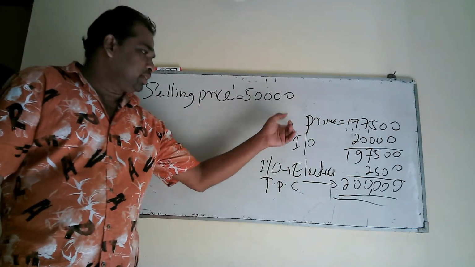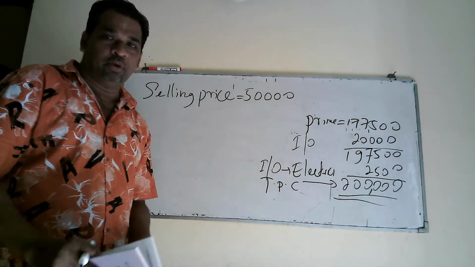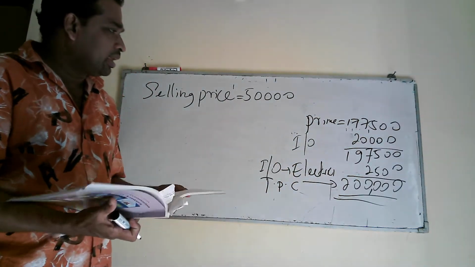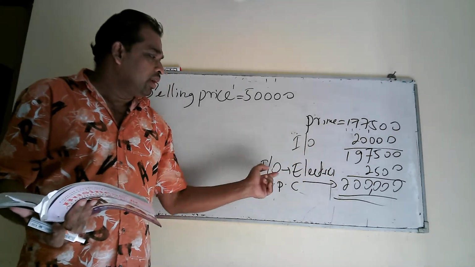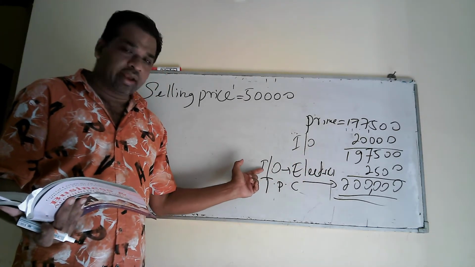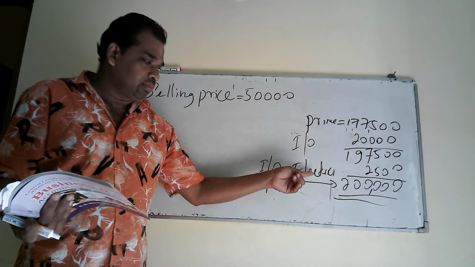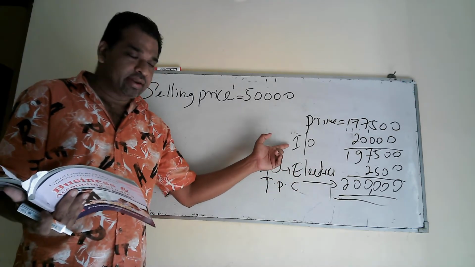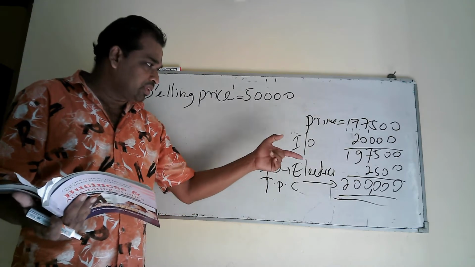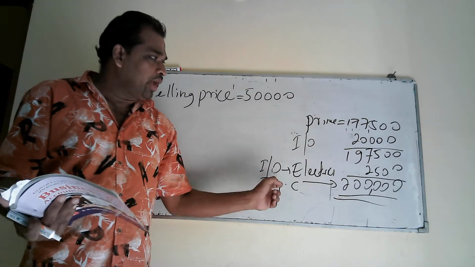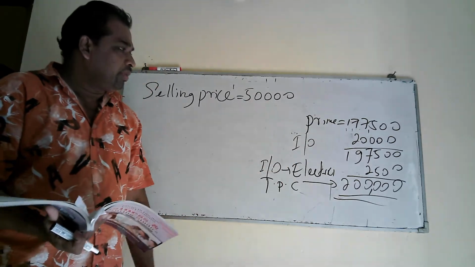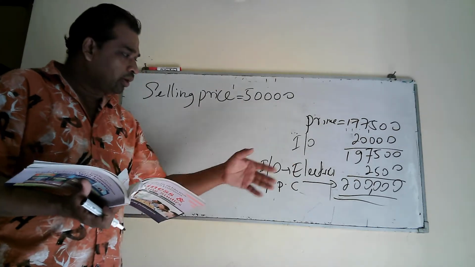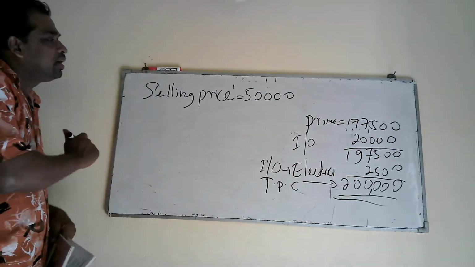I just applied the short way, but if you wish you can separately calculate these two indirect other cost values, right? Then you can take rent, 20,000, and electricity, add these two, and add it to prime cost. But this is also correct. Then you got 200,000 total production cost, right?